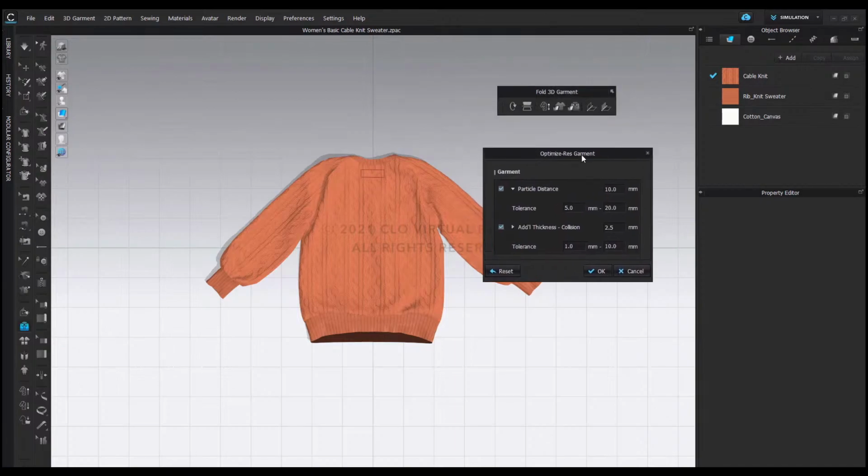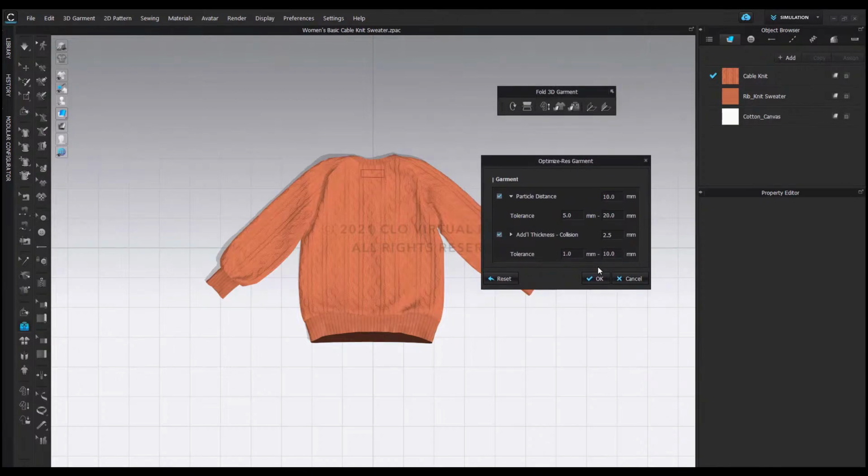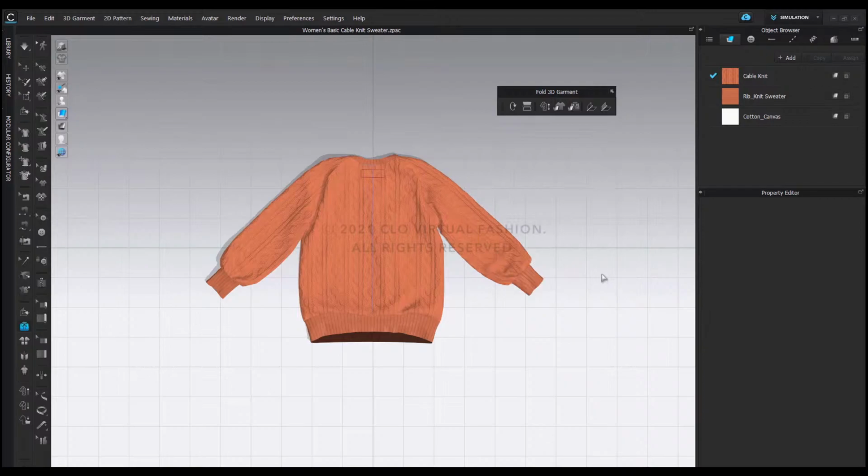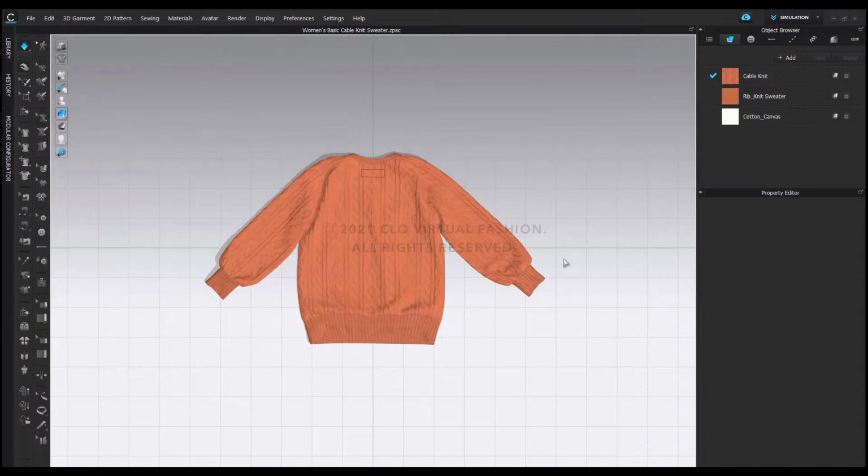Next tool will allow us to optimize the resolution for folding. And these are the recommended default settings for folding your garment. Click OK to proceed. If you see any wrinkles or areas of overlapping that you would like to get rid of,